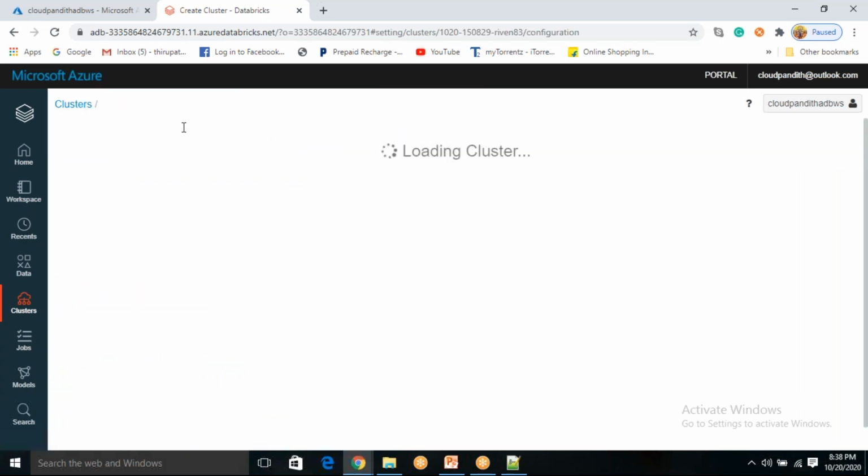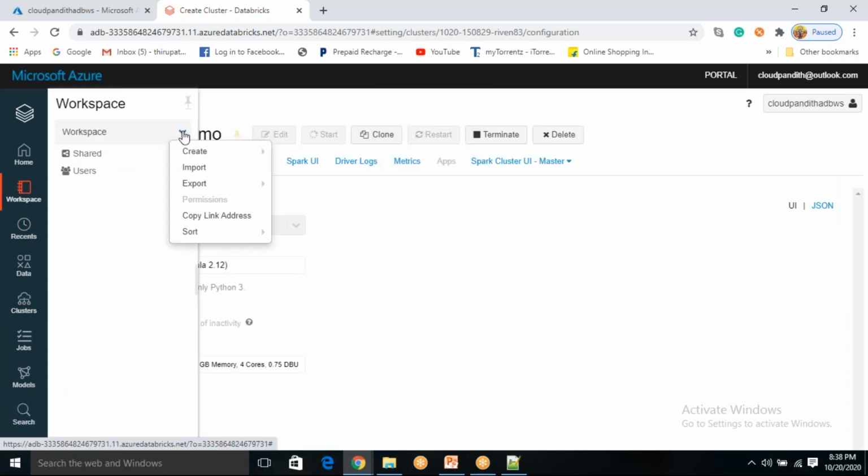Now, meanwhile the cluster is being created, come to the workspace. So we know we already created a cluster, created folders, everything, and moved data from local to the Azure Databricks workspace. Everything we did by using the CLI. Now we are going to do everything from the portal. Okay, so now you see we are trying to do everything from the UI. So I created a cluster from the UI. Now from the workspace you can see, click on this, create.